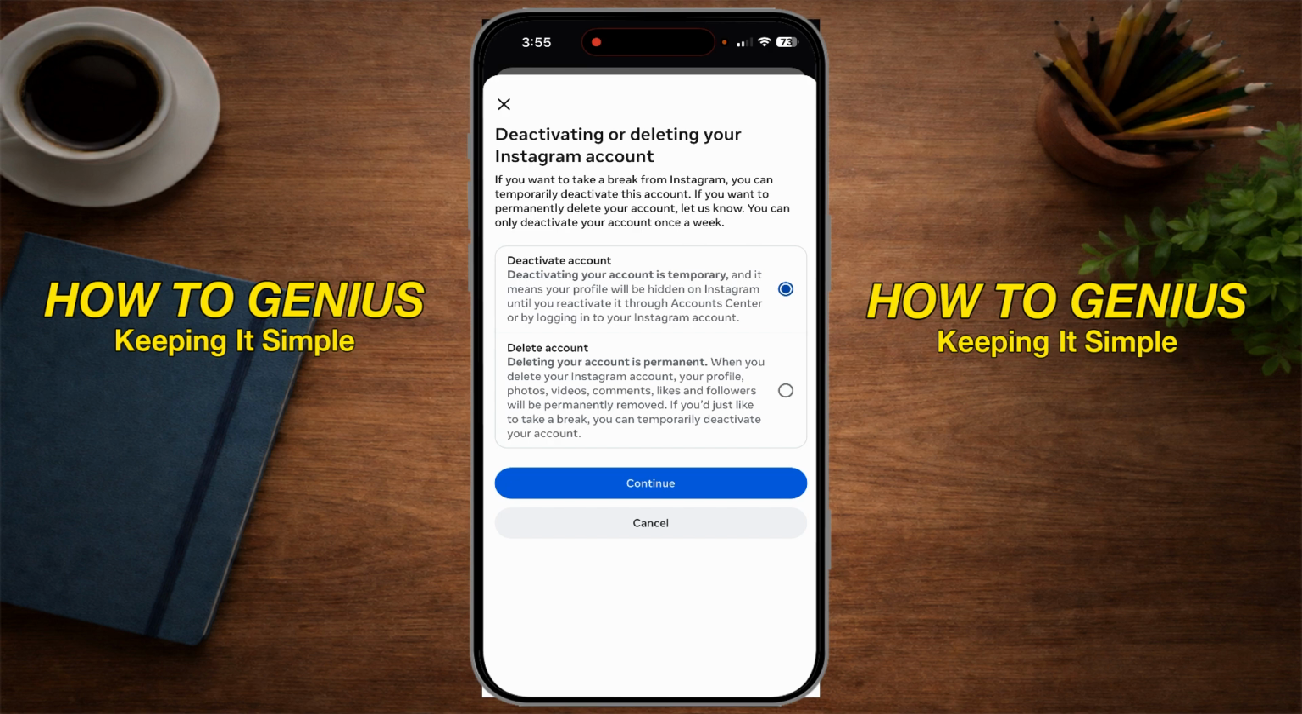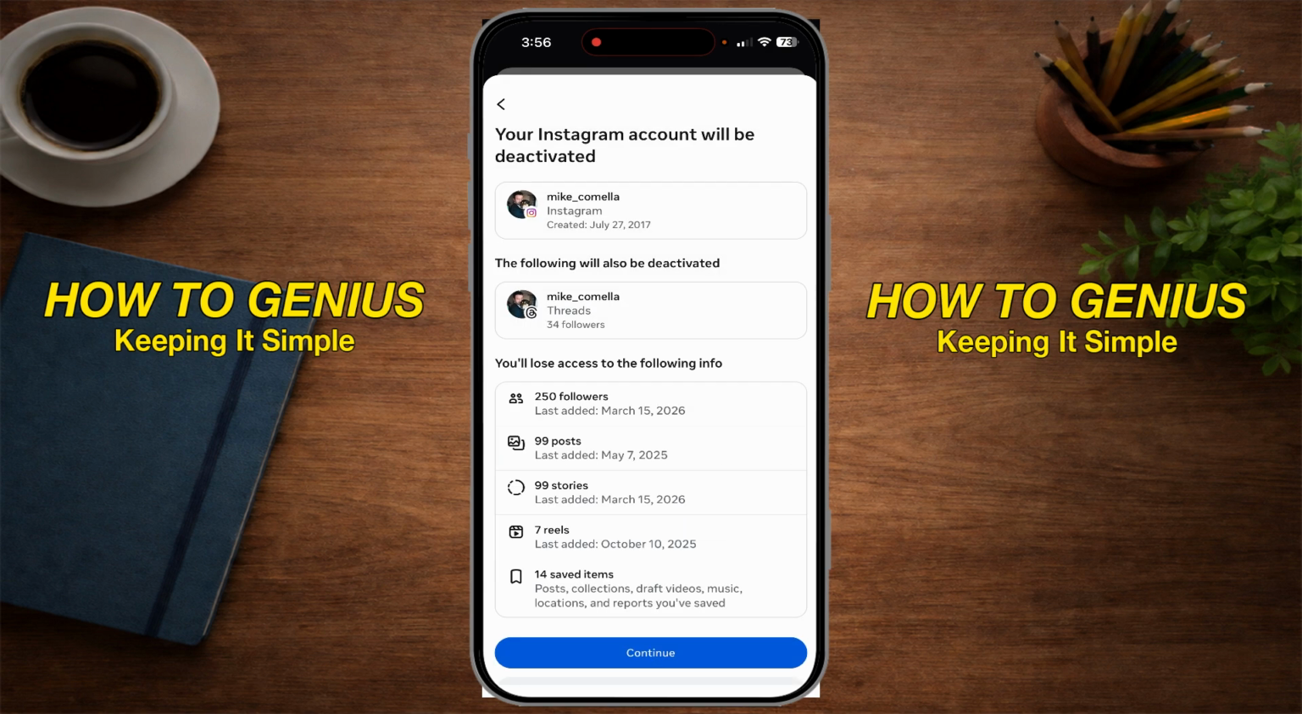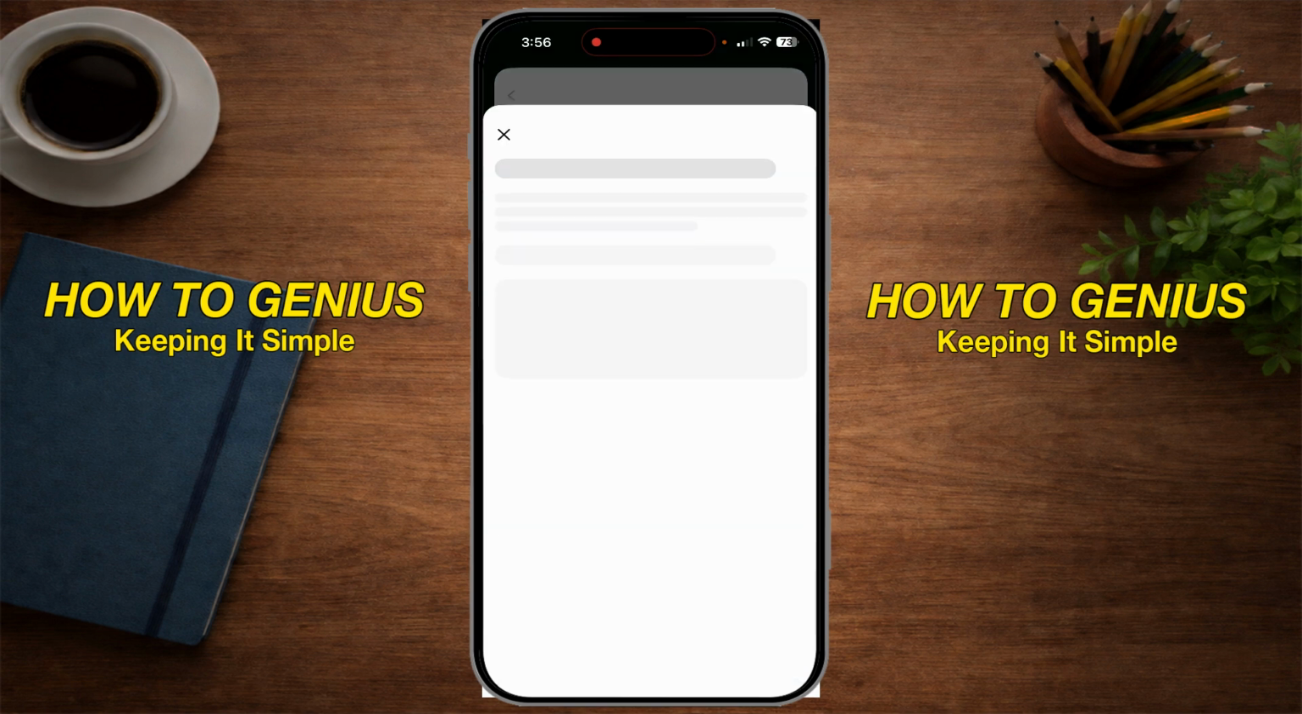Deleting is not what you want. It will permanently delete your account, which means you'll lose everything. Deactivating is just temporary, so go ahead and hit continue. Once it's loaded up, this is just going to show you what you're going to be losing access to,